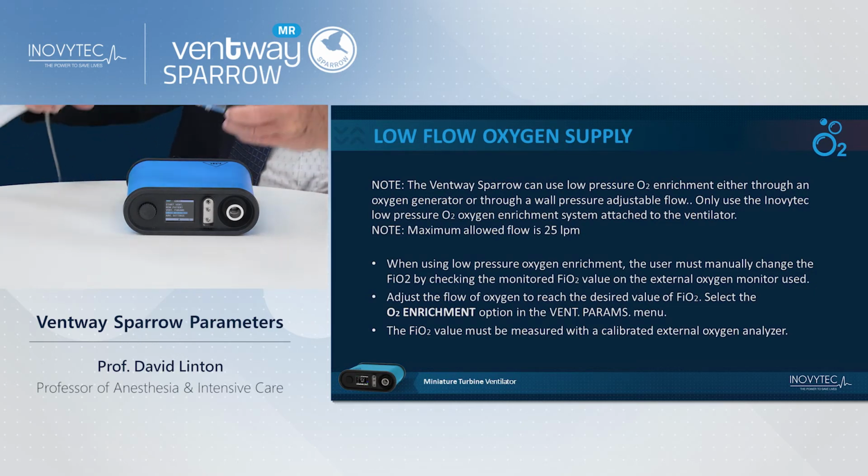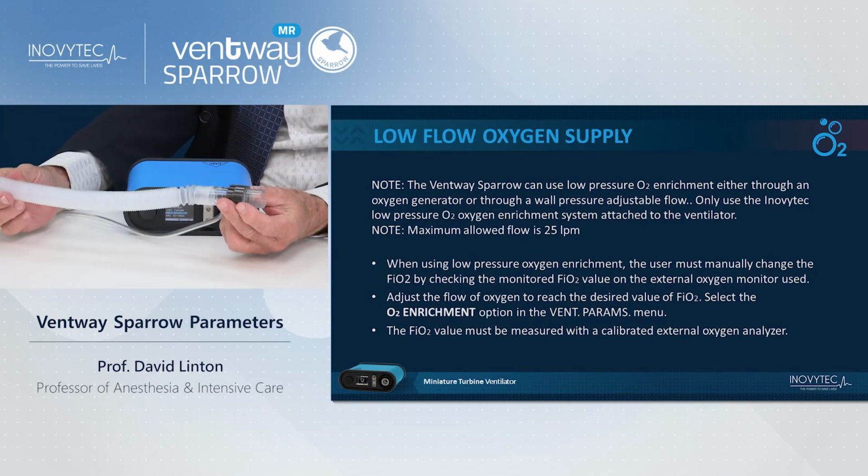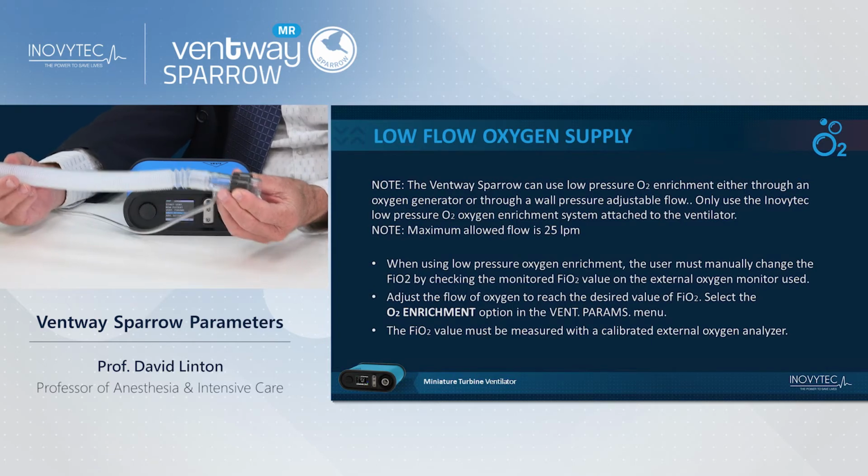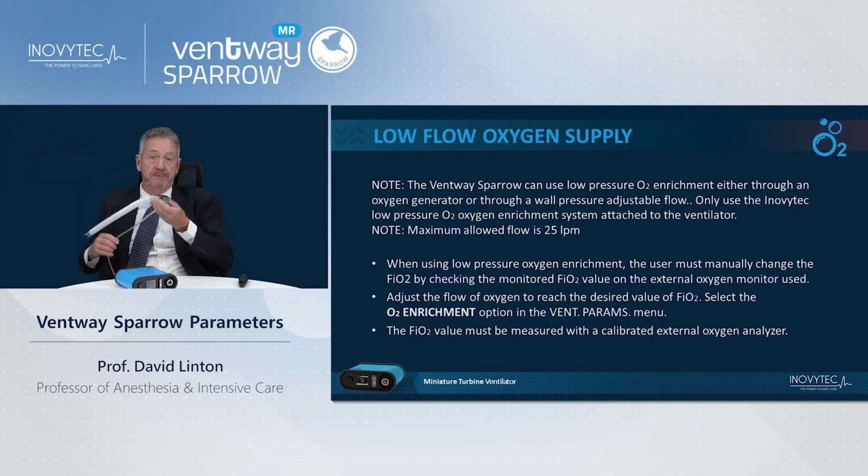Note that you can use a very cleverly designed oxygen reservoir tube which connects to the input of the ventilator, delivers low flow oxygen, and at 1 or 2 liters a minute, you can get the inspired oxygen concentration if the patient's being ventilated by 3 or 4 liters a minute to up to 50%. Very low oxygen consumption, which is perfect for long distance traveling. I personally have used this system on an airline flight with a patient ventilated all the way to the United